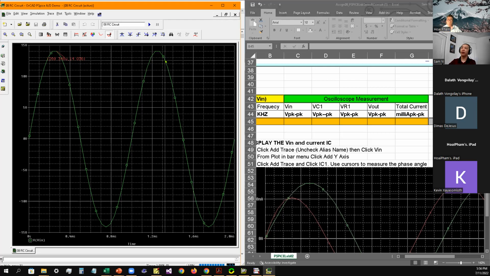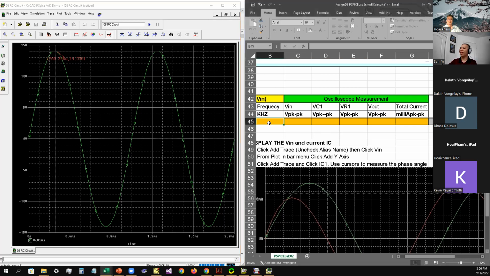But mine is only at this point. So therefore now I just have to come in here and type in my answer. So VN was 14.036. That is just the peak, so I have to double that. This will be equal to 2 times 14.036. Okay, so that's what you do. Just go ahead and collect your data and complete this